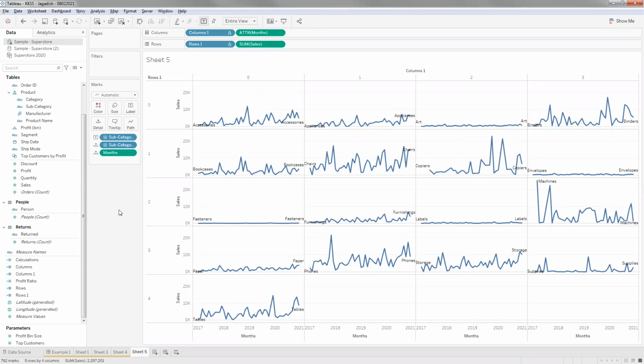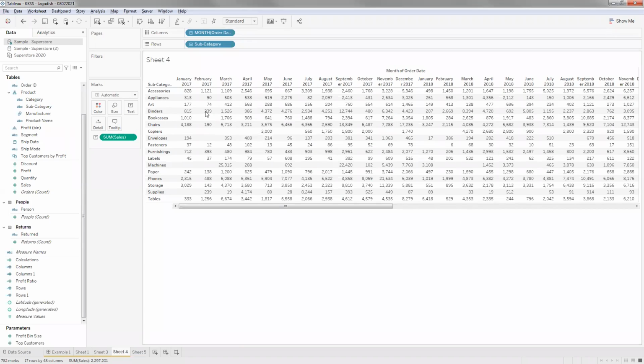Jagdish, instead of pulling the months to detail and changing it into ATTR attribute, won't the ZN function with the sum cells solve the purpose? So in case it is null, it will give 0, right? Yeah, I think that can work. So we would have to try it out. Because in that case, it wouldn't be null here, since it's pulling only the value because it's null.